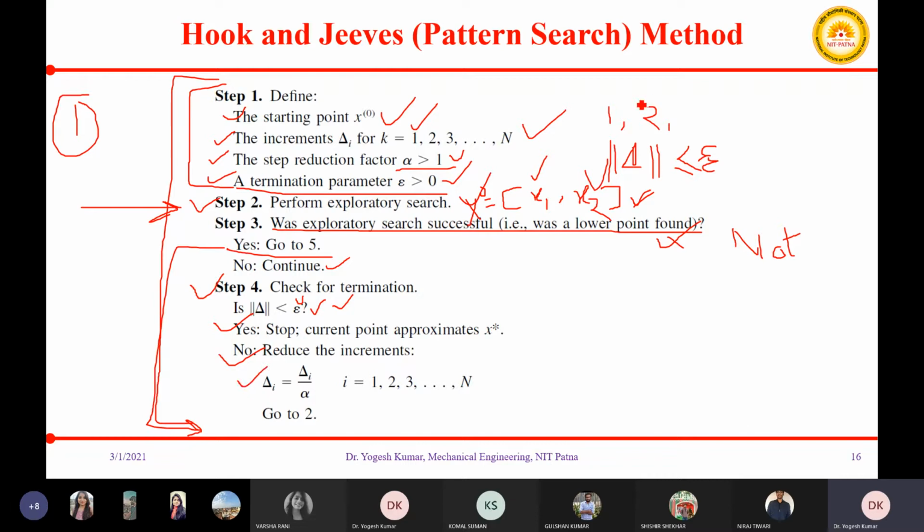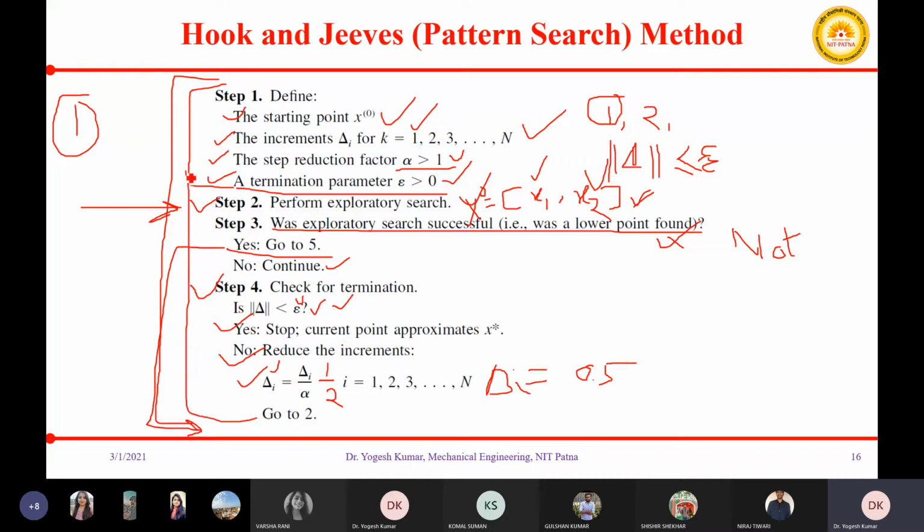So suppose previously your delta was 1, then what will be the next delta? This will be 1 by alpha. So say alpha is 2, then it will be 1 by 2. So now the step size will become 0.5. Okay, so the new step size, delta, will now be 0.5.